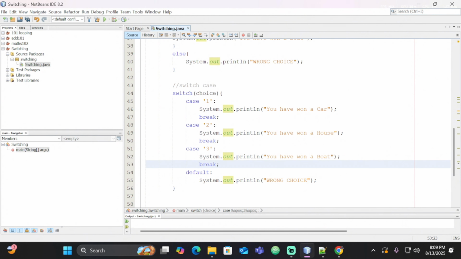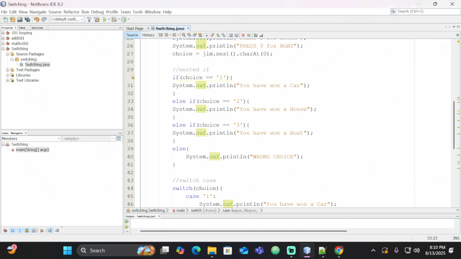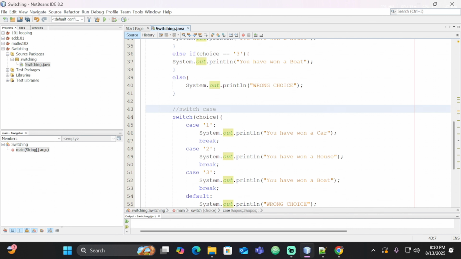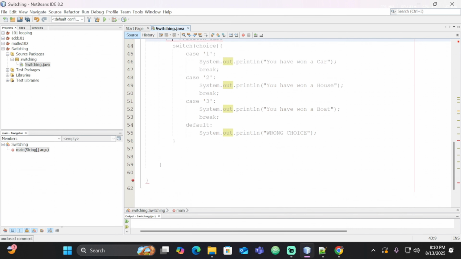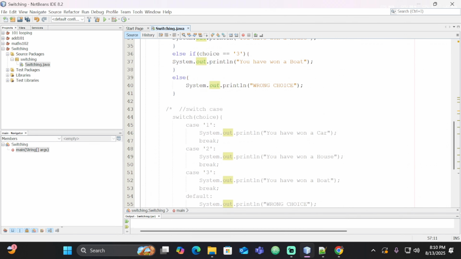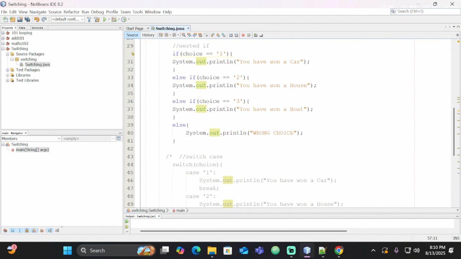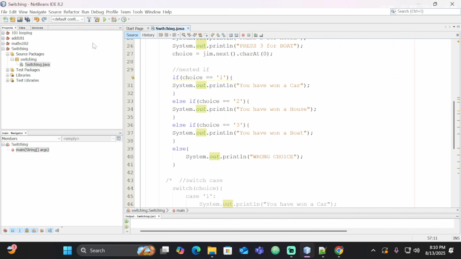Now, mind you, the switch case performs the very same way which the if statement works. Let's test it out in the last few minutes of this tutorial. I'm going to comment it out so that you can see what I'm referring to. All right. So after commenting it out, it means we've got the if statement working. So if I run our code,